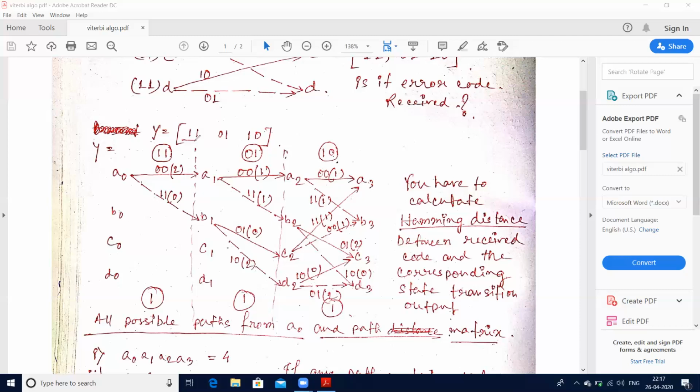There are 3 sequences, like 1 1, 0 1, and 1 0. This is the received encoded code. So there are 3 sequences. So we have to divide this whole code trellis